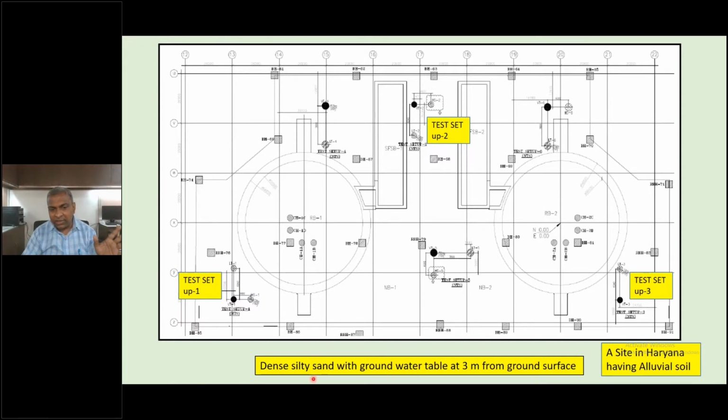There is a dense silty sand at depth. You will find that it has clayey silt also, and it also had sandy silt also. So all these soils are present in the ground, and the groundwater table is shallow, at 2 to 3 meters from the ground surface. So with this background, let me first tell you,